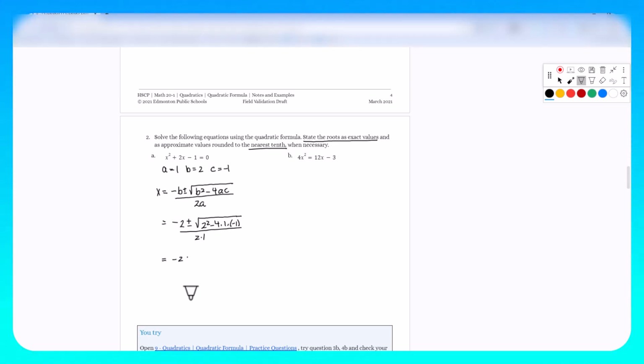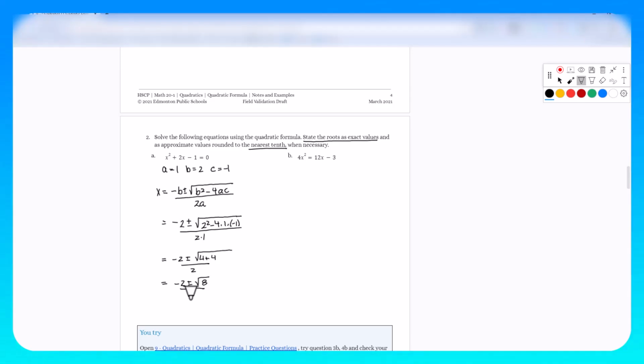And this equals -2 plus or minus, and we have 2 squared is 4, minus 4 times -1 is plus 4 again, all over 2. And this is going to give us -2 plus or minus the square root of 8